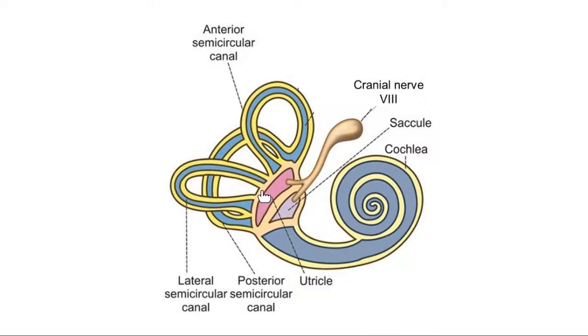Some of the balance that we're going to do is with these big fluid-filled areas called the saccule and the utricle. And we remember those from lab. This is where I'm going to balance relative to gravity. I like to joke that the saccule and the utricle are the parts of your ear that should help you not fall asleep in class. So when your head starts to bend forward in class, or my favorite is when someone's completely out and their head goes backwards in class, what should help you not do that is what's going on here with the saccule